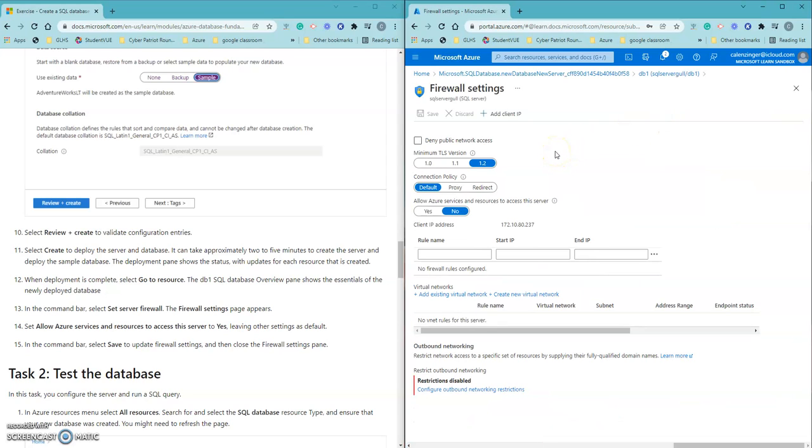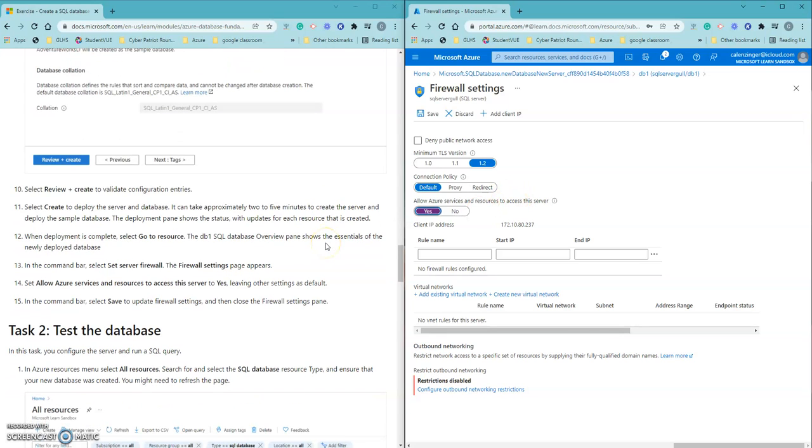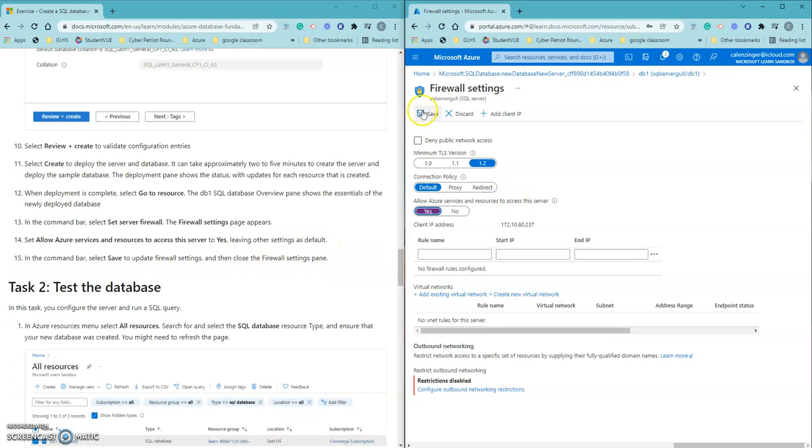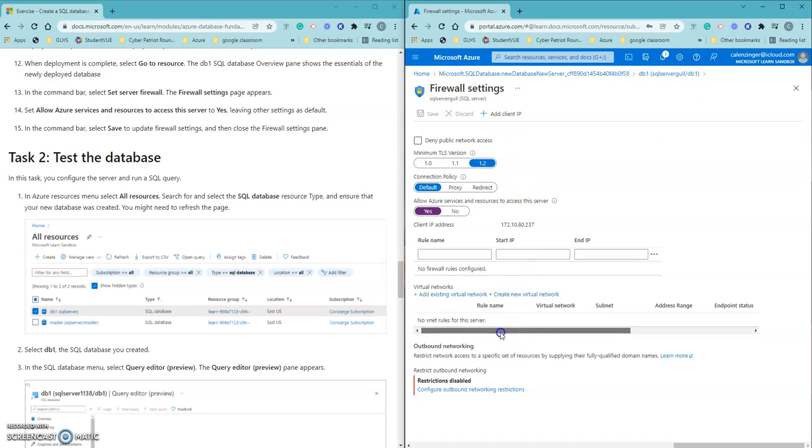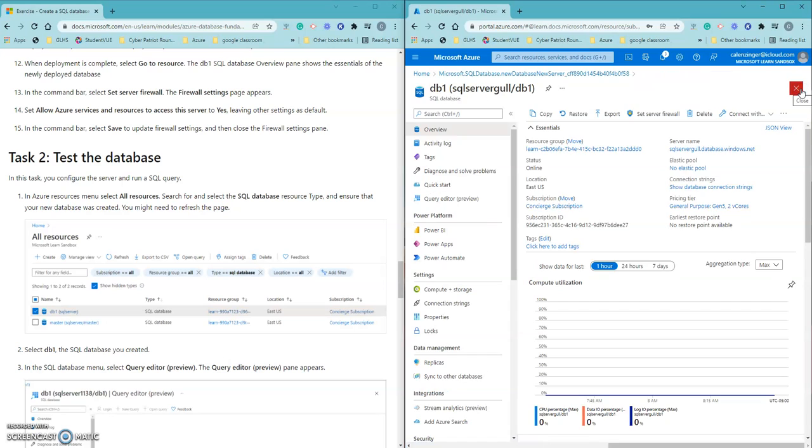firewall. And what we're going to need to do is click yes. We want Azure services to access the server. And that should be it. So we're going to want to save this. Always remember to save. And now in this task, we want to X out of that, and we're going to want to go to all resources